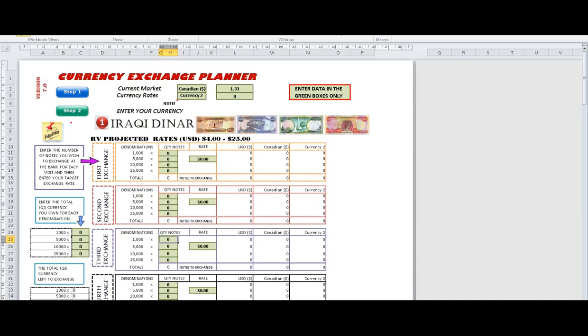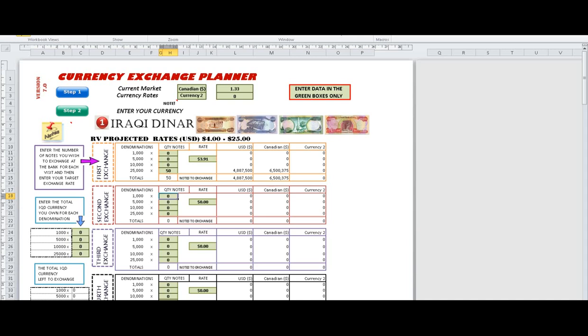Now we're going to enter some numbers here with the Iraqi dinar and just see how it works. First thing is the base rates are in US dollars, and the software allows up to 2 different currency pairs. Let's say the initial rate is going to be $3.91 on the Iraqi dinar, and let's say, for example, we have 50 notes. We can enter that in, and it shows us our estimated amount is